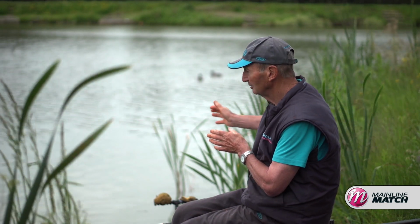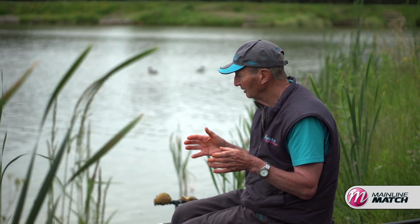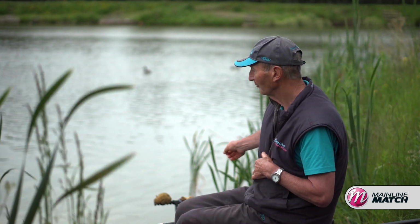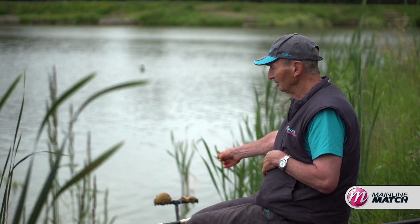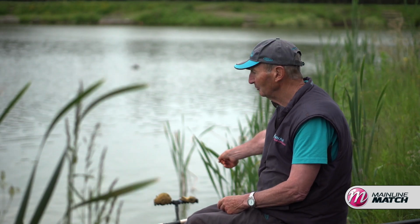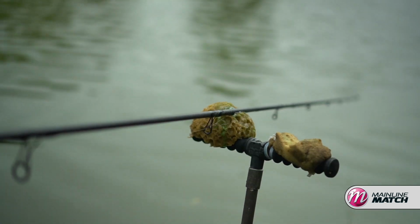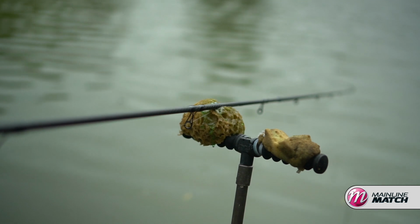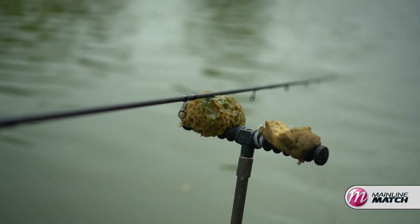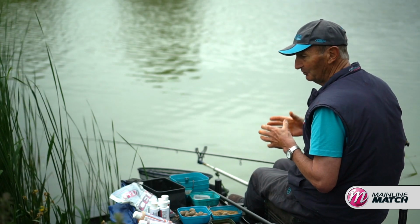Another little thing I do, like today, there's been, as you can see, a bit of ripple on the water. And I want the line to sink quick, I don't want a bow in it. So what I like to do, as you can see, to my right hand side, I've got a bit of sponge, which I put a bit of washing up liquid on, and that keeps the line sinking really well. It's a very straightforward, easy setup, and it's an enjoyable way to fish,